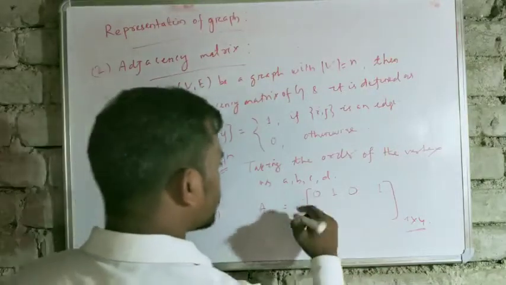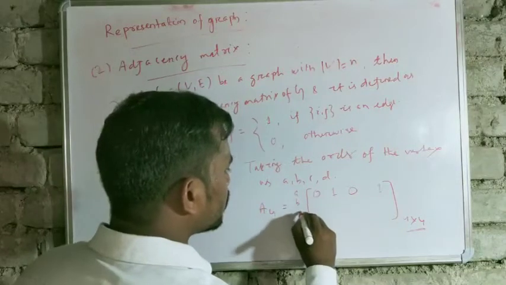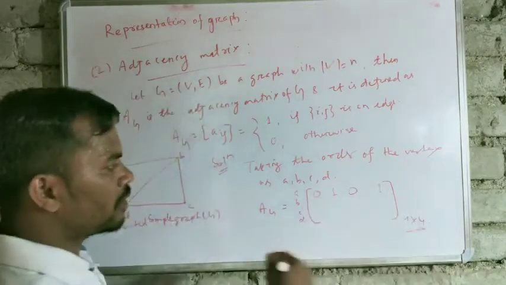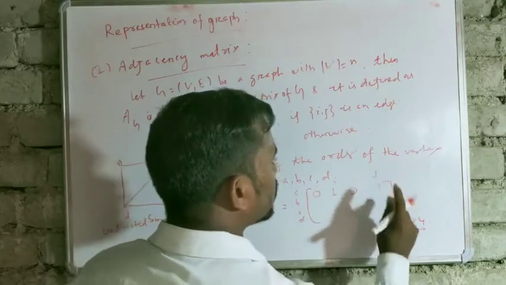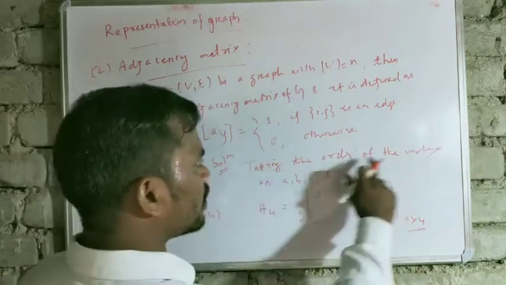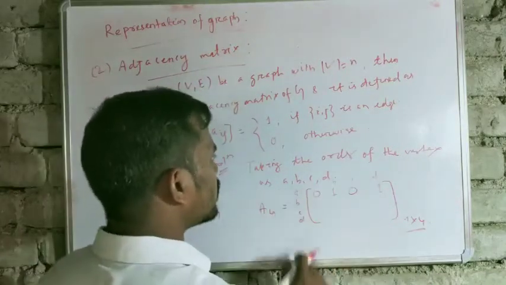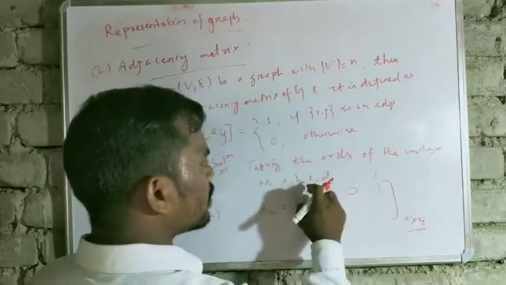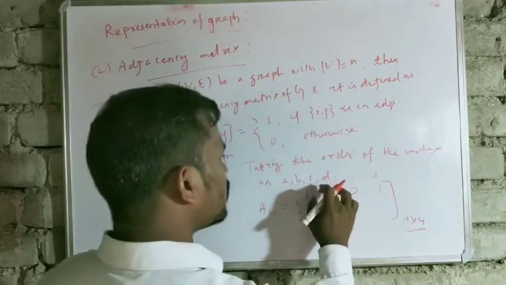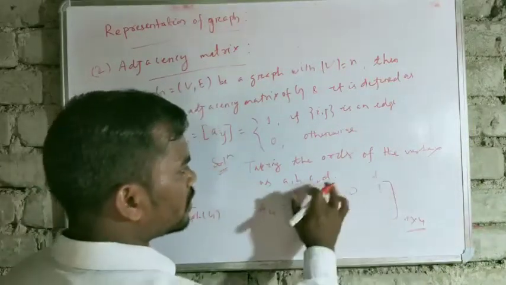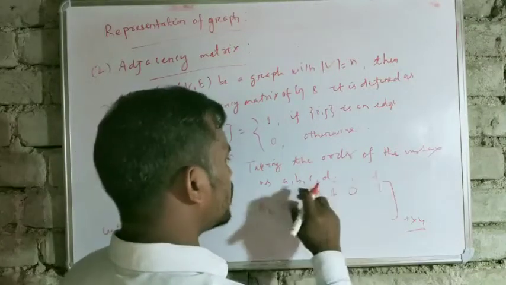Similarly, I am writing this order as ABCD, that means you can roughly write this one. Roughly means, for the new learners, this is A, this is B, this is C, D. Taking the order of the vertices as ABCD, that means A, B, C, D, A, B, C, D. If I did not write this, then I would have to write this one. Since I have written it, I need not write it, but for the new learners I am writing it. Okay, this is ABCD, ABCD.